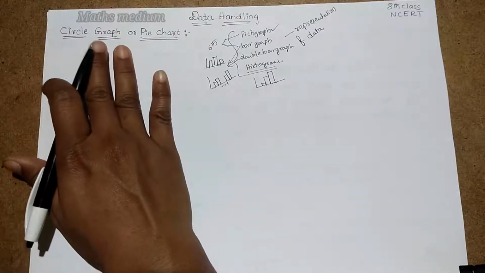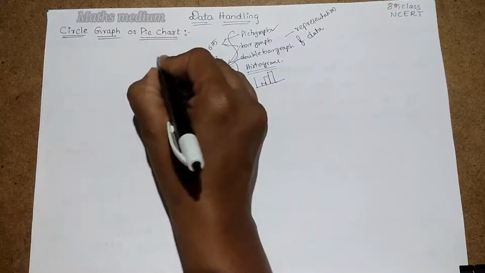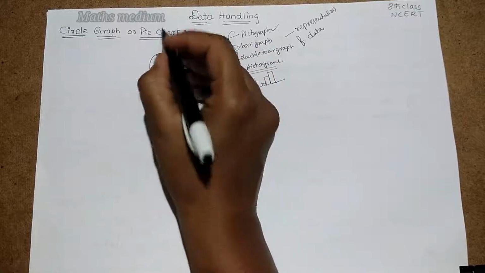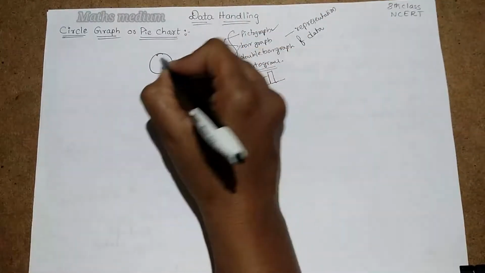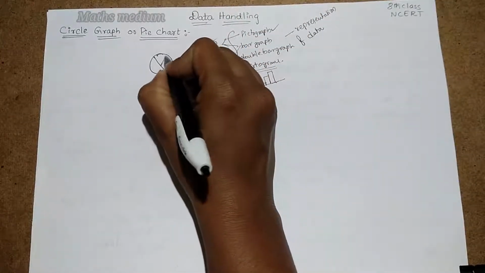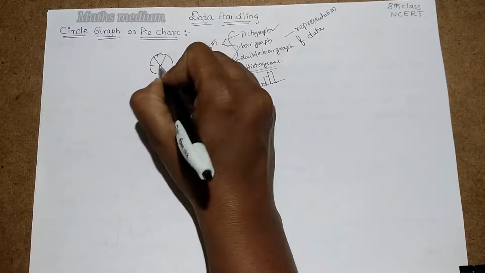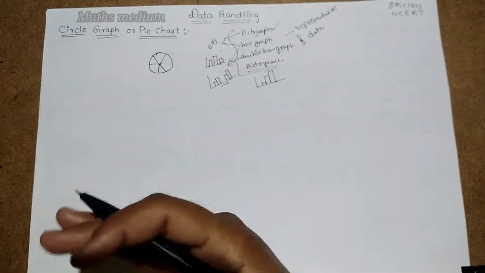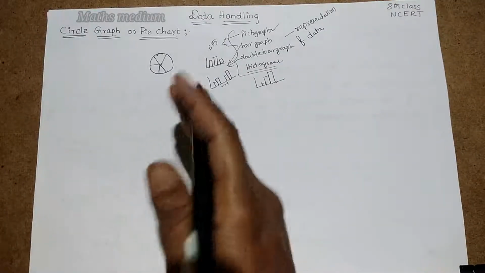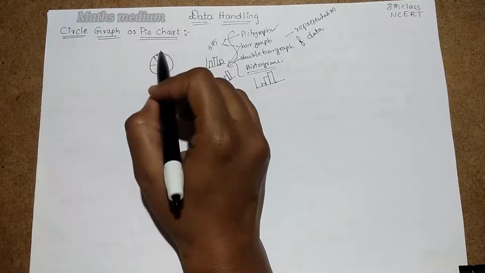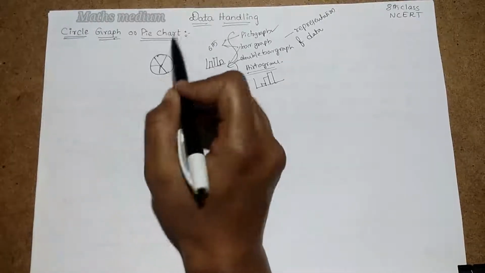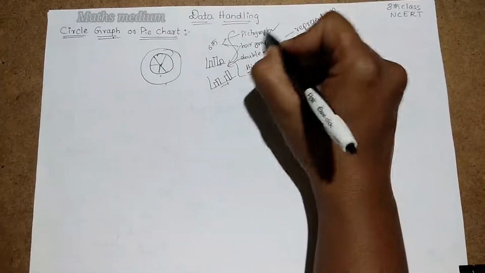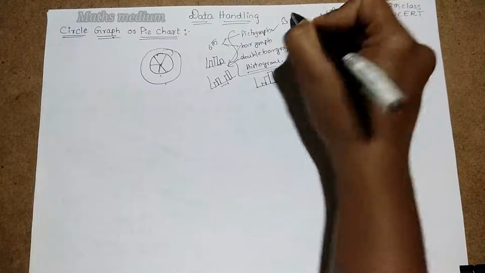So we are familiar with a pie chart. The shape of the pie chart is nothing but a circle. It may be data of school students or any business or any purpose. If you want to represent data in the form of a circle graph or a pie chart, this is the representation of a pie chart. If you see, a pictograph is a pictorial representation, right?